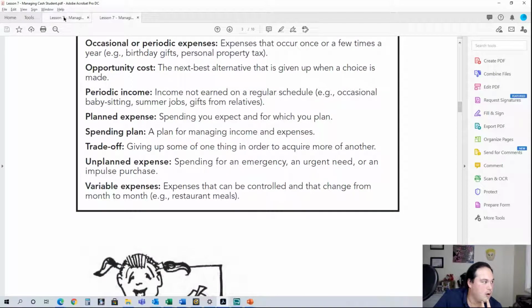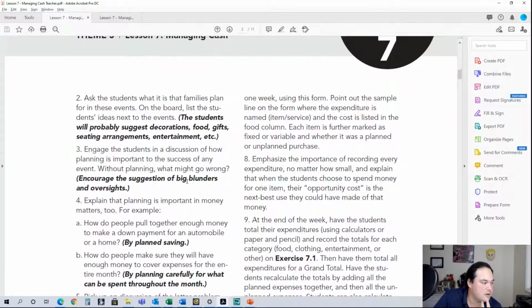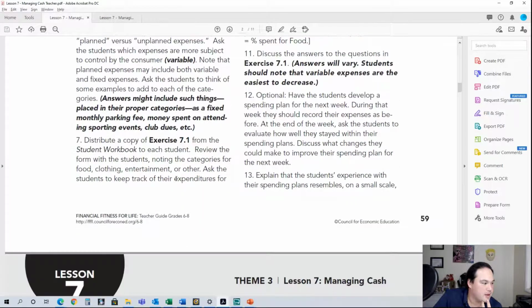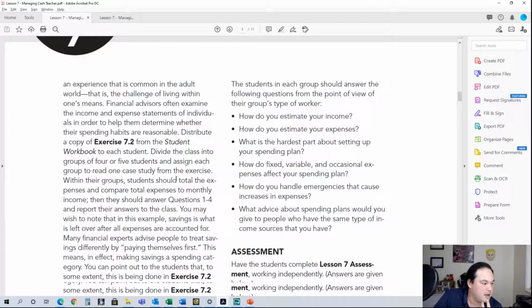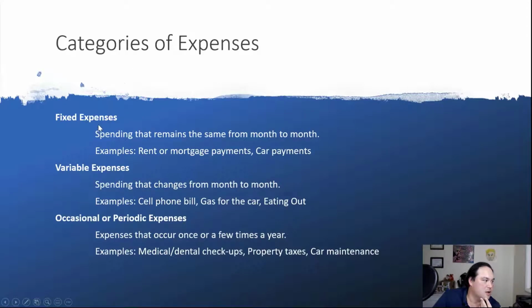So, like I said, you're going to use your teacher guide here, going through the procedure. We're going to get into that spending plan here in a second, but you can think of categories of expenses. So fixed expenses we already talked about, and I do break this up when we're getting ready to work on our